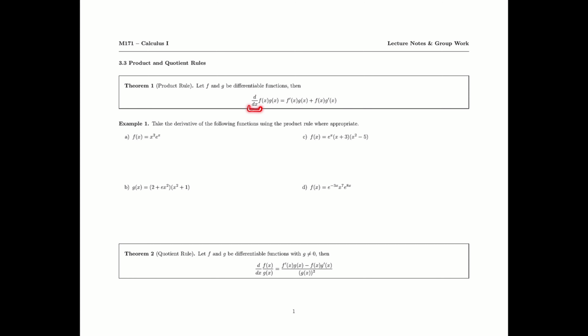the d/dx. This stands for take the derivative of whatever is lying to the right of it. So this is saying take the derivative of this. And then we have a product of two functions, f times g. A lot of times I'll be saying things like the first and the second when I'm differentiating things. So it's useful to think of this as the first function and this as the second